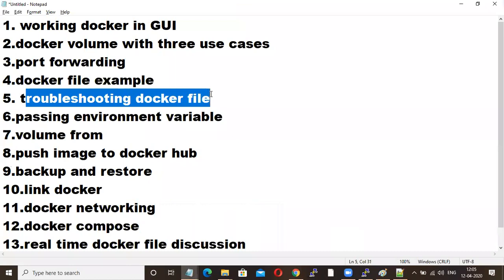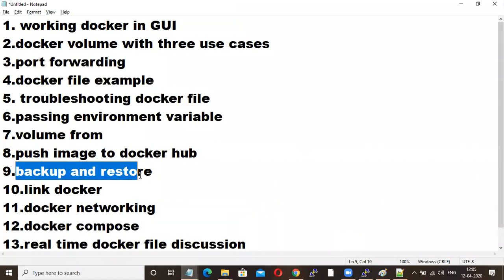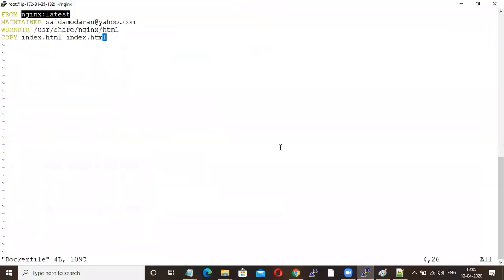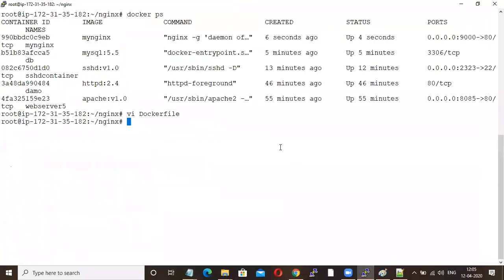So this I'll tell later. Next, we'll go for how to backup and restore the container. So docker ps.